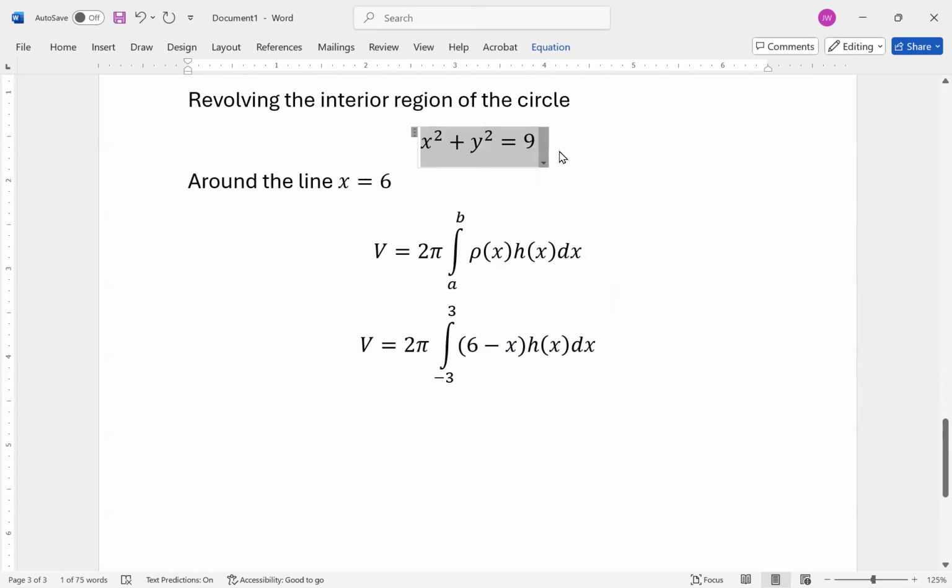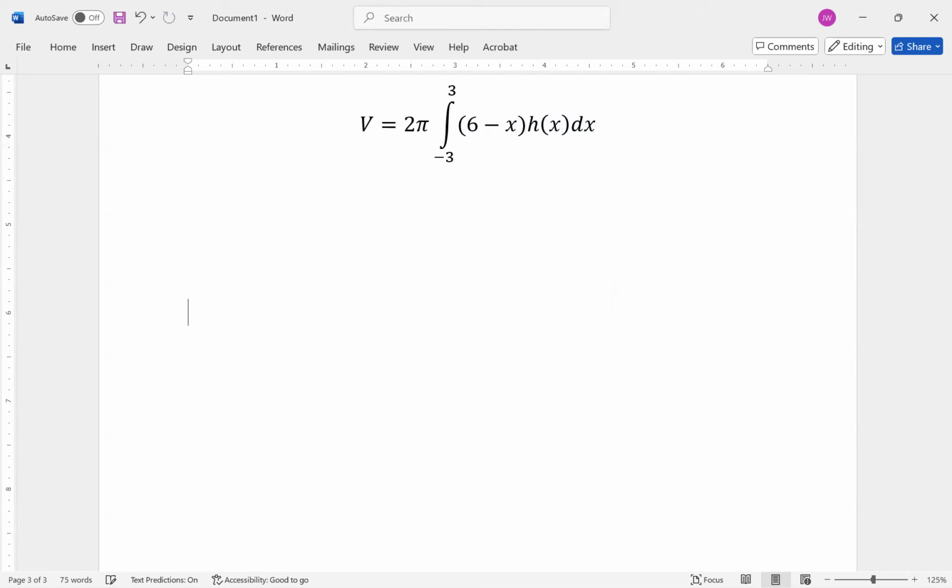Over to the side, let me just explain what that is going to mean algebraically. When I try to solve for y, the first step would be subtracting x squared from both sides. Now, the next step would be a square root. Because the circle is the way it is, if I took a positive square root